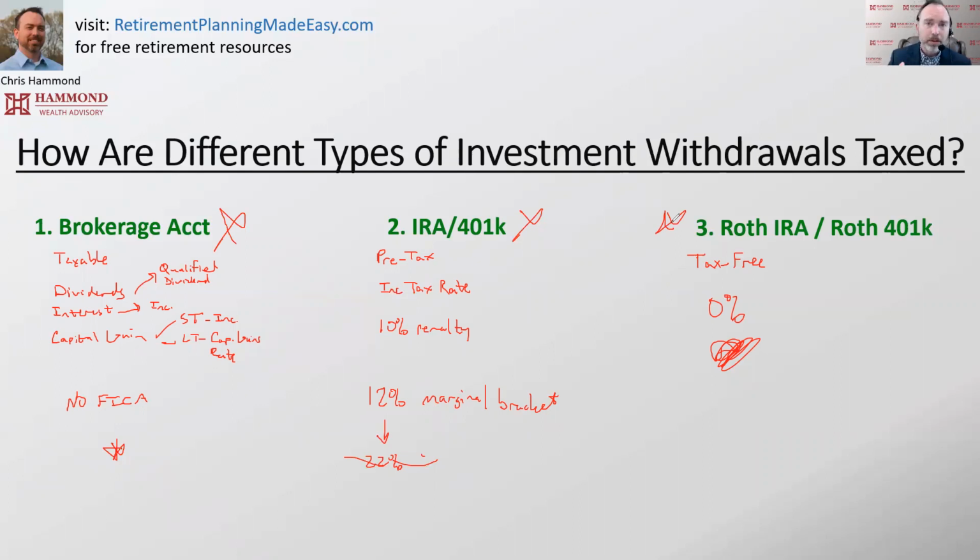What does that mean for you? Well, the more you can minimize the taxes, the less you have to pull from your portfolio, the longer your portfolio can last to take care of you in retirement. Or if you're wanting to pass it on to your kids and grandkids one day, there's more that's going to be available for them as well. All right. So super important stuff to keep in mind here.